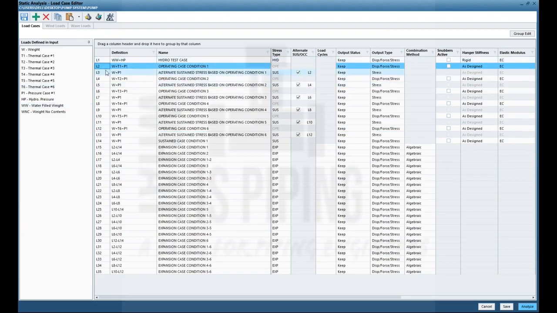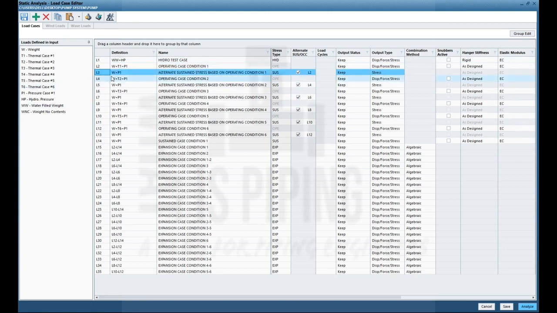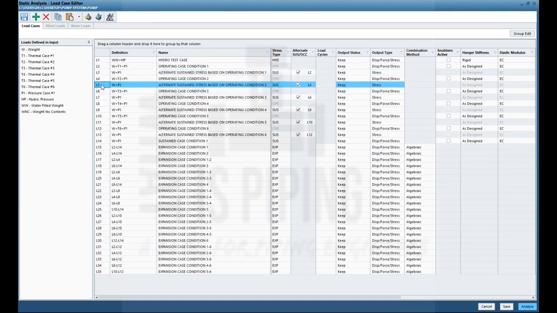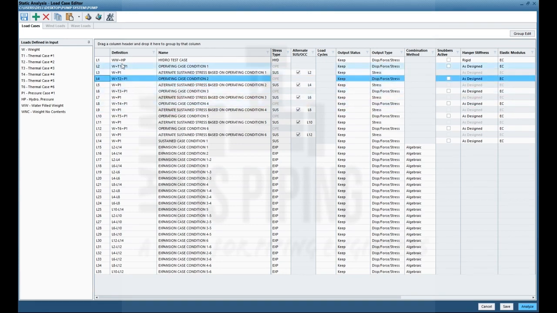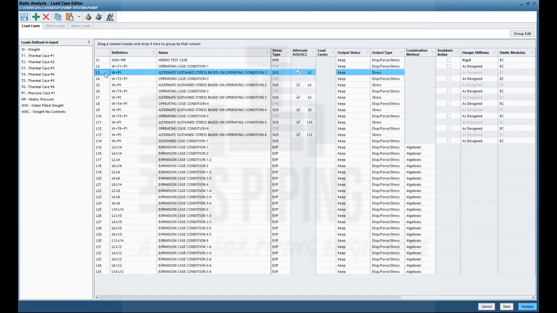This sustained case will eliminate those supports and create the sustained stress during that situation. Similarly, L5 will create the sustained stress condition for the T2 temperature condition, and in a similar way all other temperature conditions will be created and all hot sustained stresses will be generated.